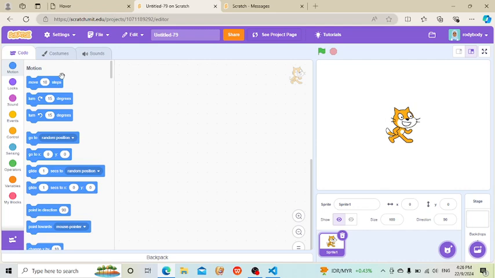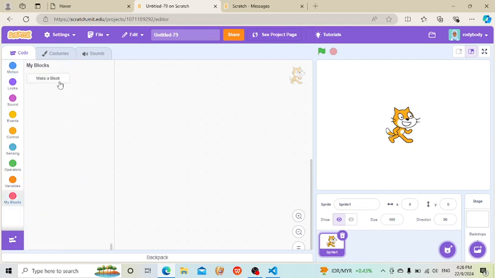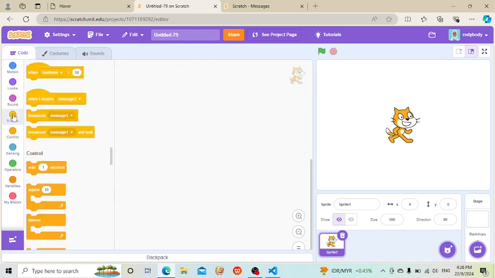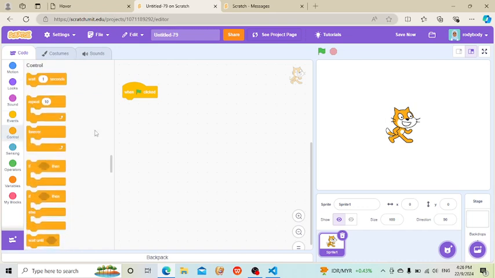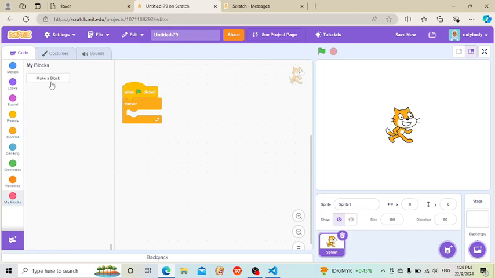So now we're going to learn how to create smooth movement in Scratch. It is very smooth. Firstly, the "when flag clicked" block, then "forever". Now I realize that I should have taken my mouse, but whatever. Now we're going to add